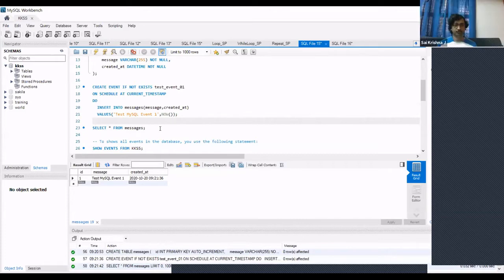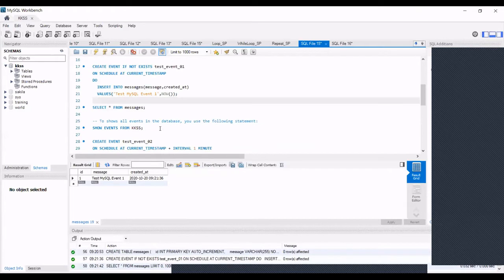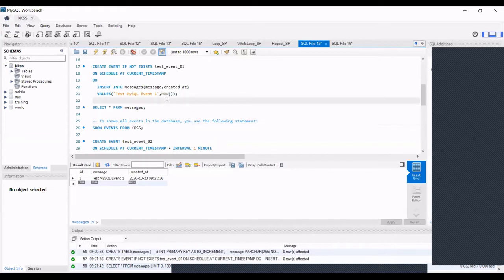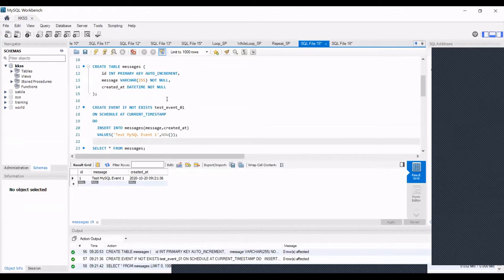Instead of now, if you want to schedule it like 7:30 every day, how will you fix that? You can give a direct time schedule and give the time. So instead of current timestamp, you will give the time, and you will give the interval as well, interval of 1 day. Next I will tell you how to schedule for a limited period of time.